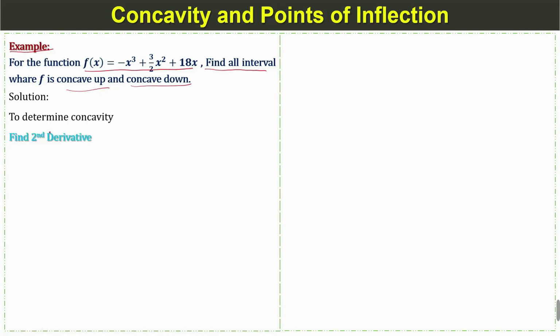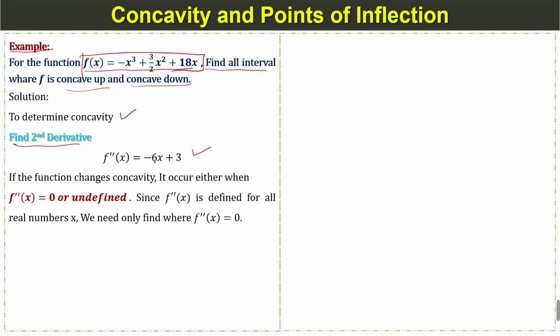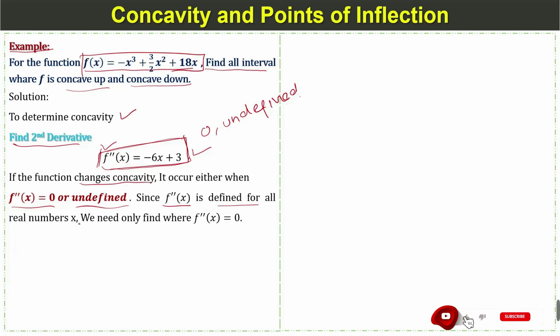To determine concavity, first we find the second derivative of the function. If the function changes its concavity, it occurs either when the second derivative of the function is equal to 0 or undefined. This means at the point of inflection, the second derivative of the function will be 0 or undefined. Since the second derivative is defined for all real numbers,